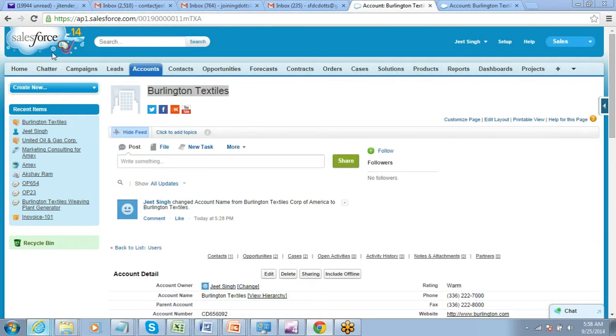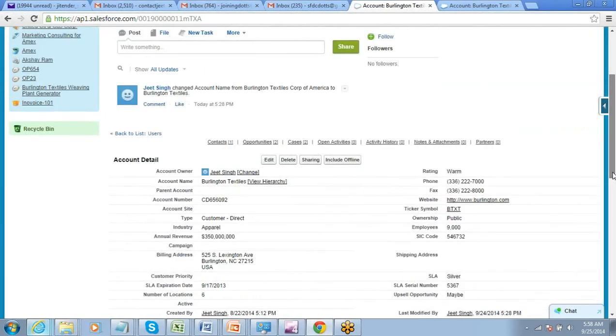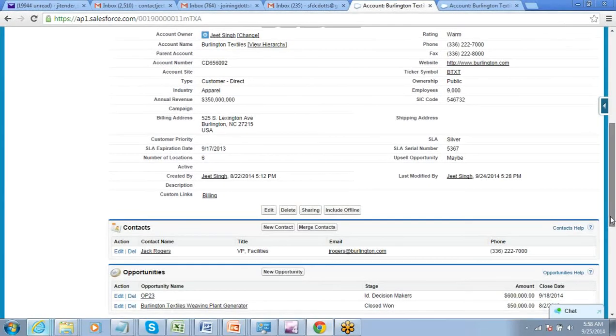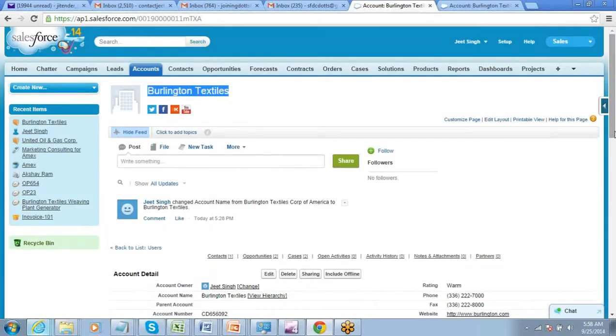Did you notice one thing, that I performed the save action on the Visualforce page? It saved the record and took me to the detail page of the record. So it navigates from the Visualforce page to the detail page. In case you don't want to navigate away from the Visualforce page, and on the save button you just want to save the record and stay on the same Visualforce page, then you should basically do this.